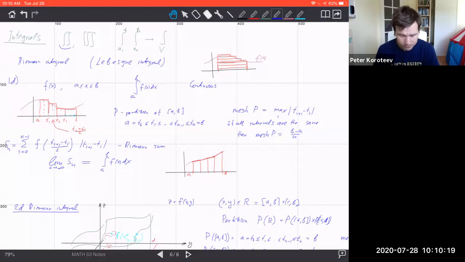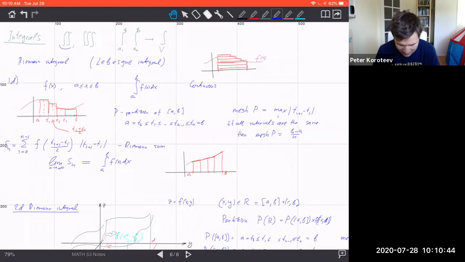Hello, everyone. We will continue today studying properties of double integrals. First, a quick recap from yesterday. So we started talking about double Riemann integrals by reviewing the one-dimensional Riemann integrals. And before we even talk about Riemann integral, we need to recall that there are also other types of integrals,